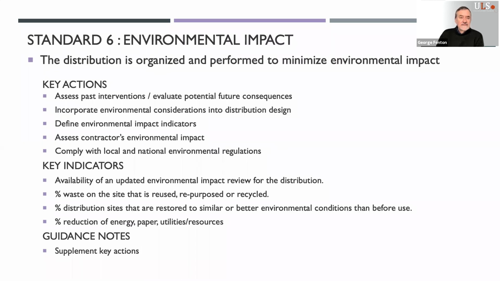Standard 6, the final standard in this chapter, is around environmental impact, and the standard states that the distribution is organized and performed to minimize environmental impact. Key actions here are to assess past interventions regarding environmental impact to evaluate potential future consequences. It's good to incorporate environmental considerations into the distribution design and planning, including reverse logistics where the community does not have the resources to deal with waste, and define environmental impact indicators to track the performance of your distribution activities,